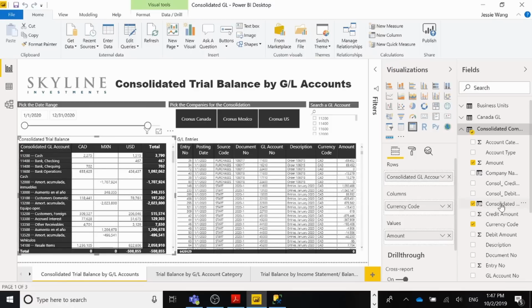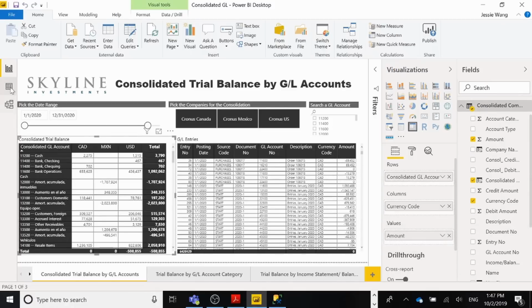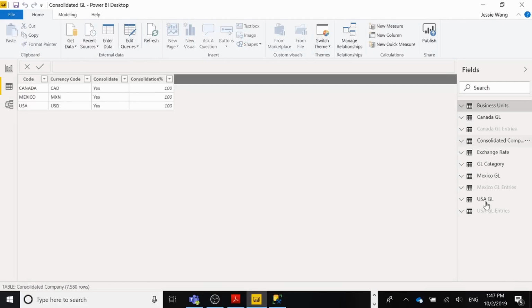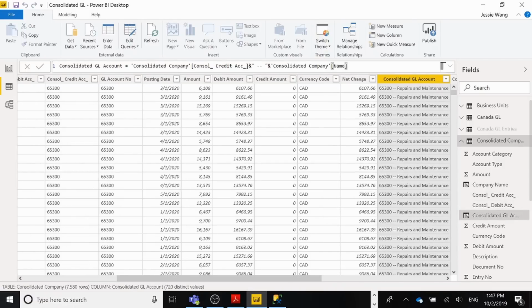The reason I created this actual column is because I'm using a visual. This visual is a matrix visual, and originally you can only put one field. I want to show both the general ledger account number and the description and the name of that general ledger account. So I created an actual column in my table. Like this, and if you go to here, you can see this comes from a string